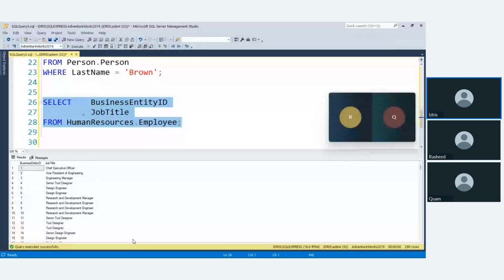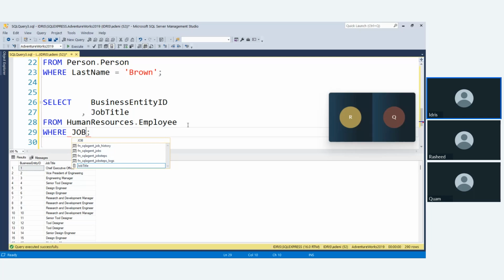Employees? Can you hear me? I can hear you. Okay. So what if I want to filter the table to only retrieve those employees whose job title is production technician? What would I do? We are going to use the WHERE job title equal to whatever it is that we want. Exactly. WHERE job title